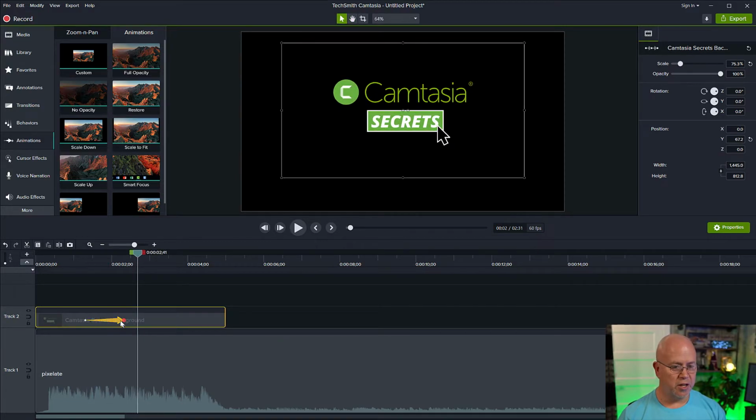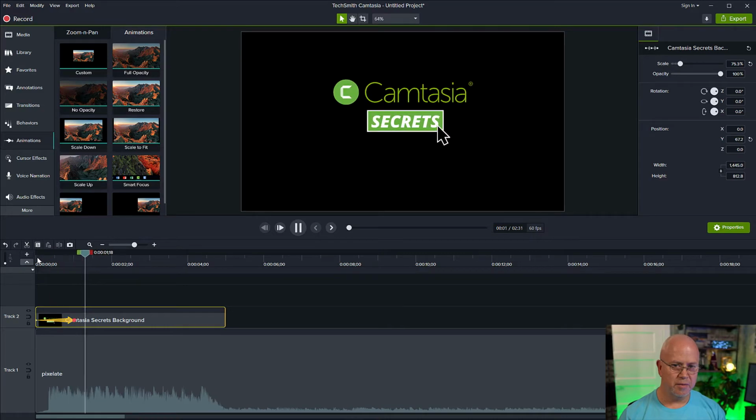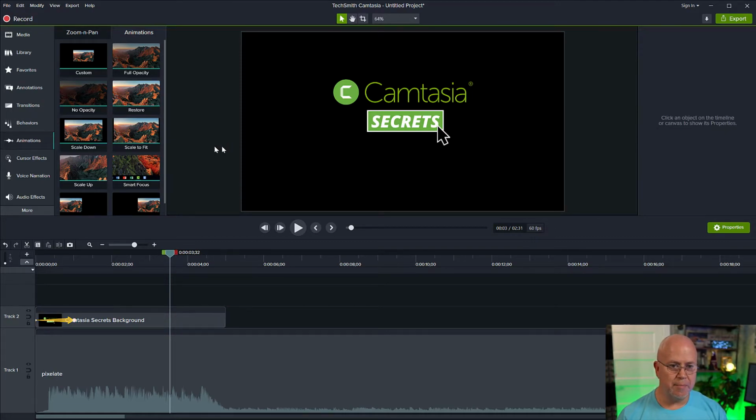That's not so bad. The other thing is, if I want this animation to start right away, I'm going to want to drag this arrow all the way over to the left. Let's see what that looks like. I think that's pretty good. Now, the last thing I want to do is I'm actually going to add some text